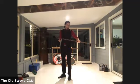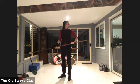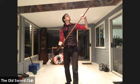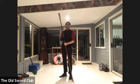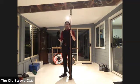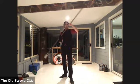So, sword versus quarterstaff was a possibility in the period, people would have done it. And yeah, the first kind of solution, if you're faced with a quarterstaff, is to fight in a place with a low roof, because this weapon gets a lot harder to